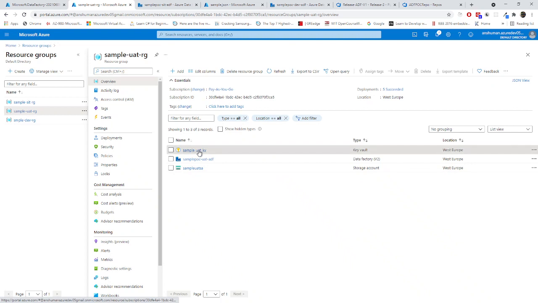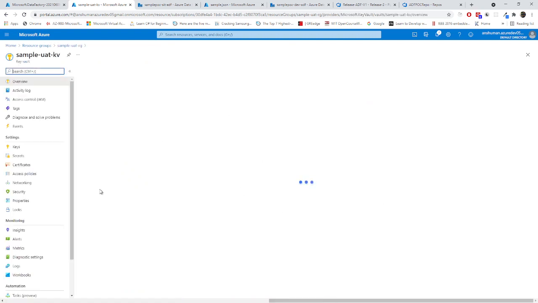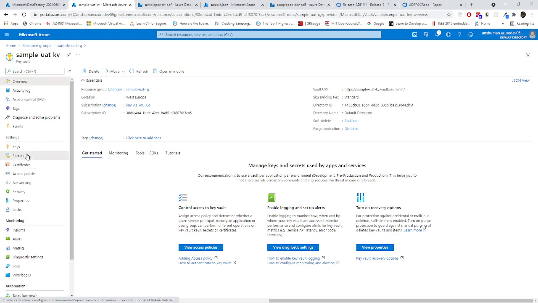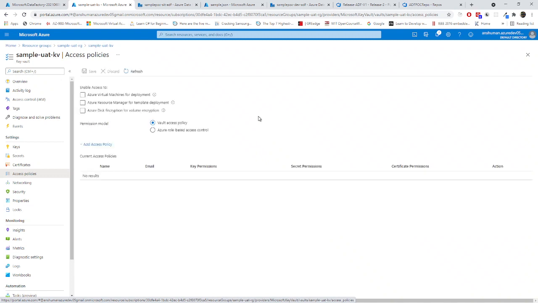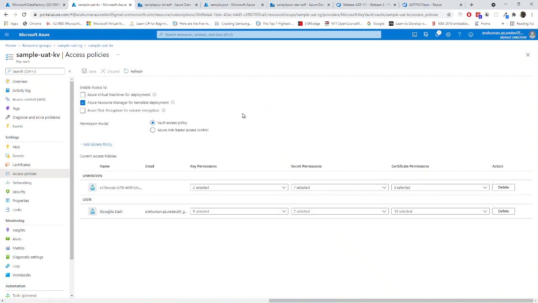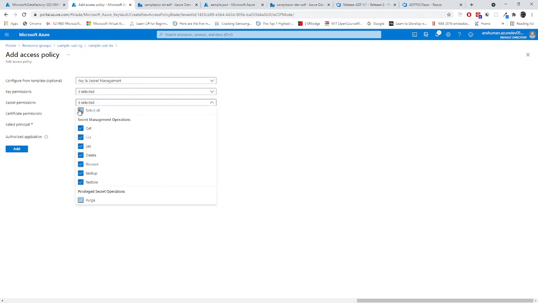Now in the same thing in UAT KV, I just need to give the access. I have not given it till now. So in secret, sorry, in access policy, I just want to go to access policy. Here again, I just need to give the permissions to manage secrets. So secrets will be get and list. That's fine for us.